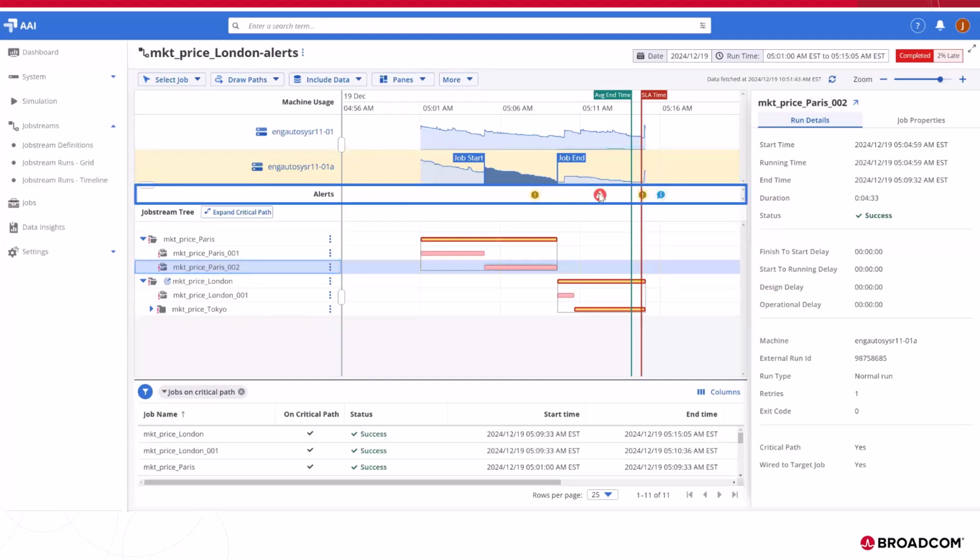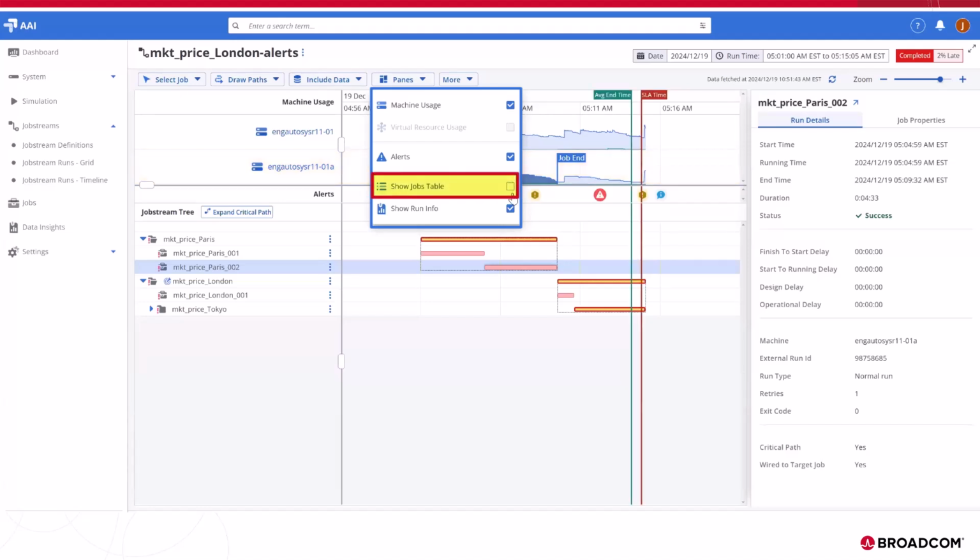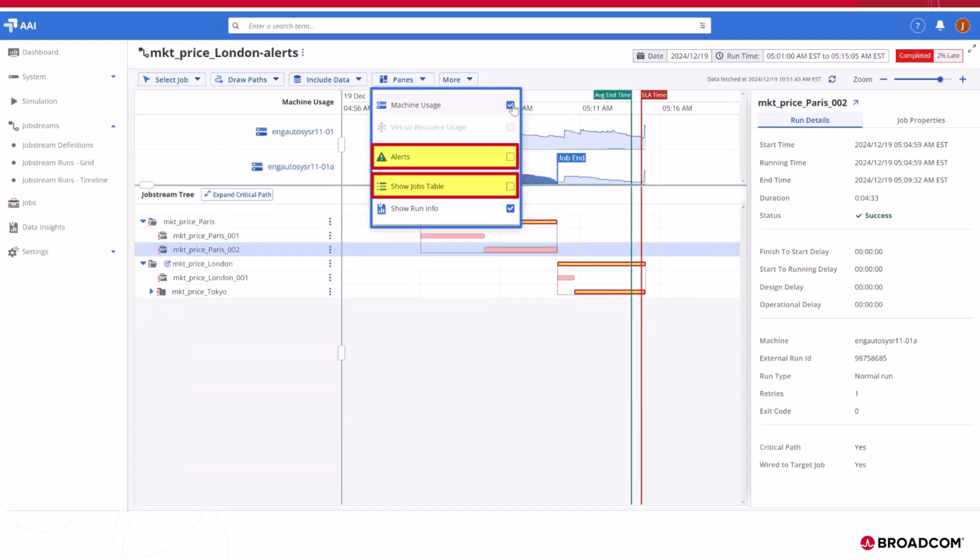The new Alerts banner in the Gantt view shows any alerts related to the job stream, allowing you to track issues in real time. If you're using virtual resources, a similar panel will appear for those as well. The buttons in the toolbar have also been modified. You can now control the visibility of various panels by turning the relevant panel on or off. For instance, you can hide the Jobs table, Alerts banner, or the Properties window to manage your screen real estate